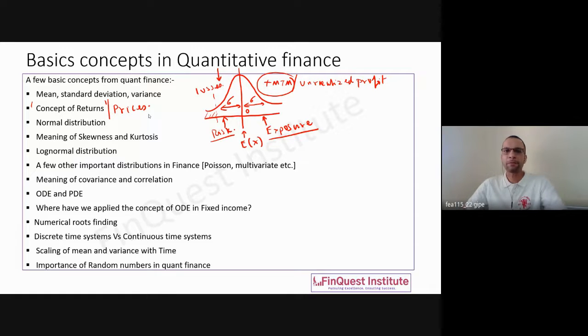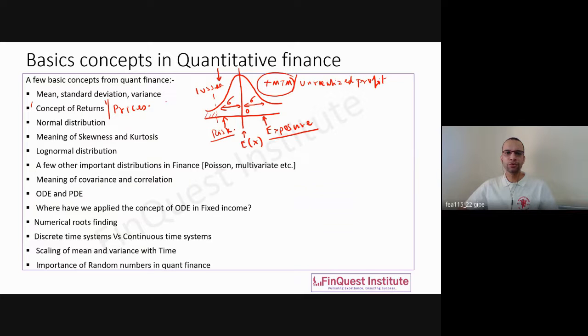So why are prices not very important? Because imagine that there is a certain asset which was purchased at 1 rupee, and let's say that asset has become 25 rupees now. Now 25 rupees could appear a very small quantum. Someone may say it's hardly any price level. But if you look at it from a returns perspective, it is 25 times your investment, or 25 times the basic funds which you committed. So that's the concept of returns.